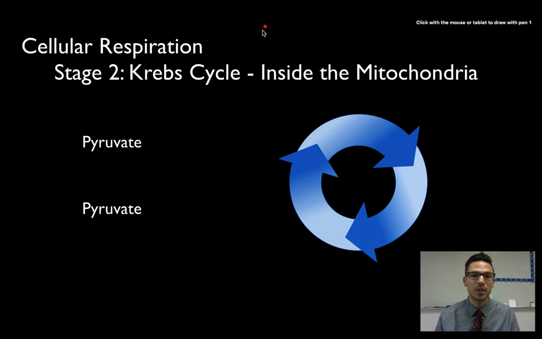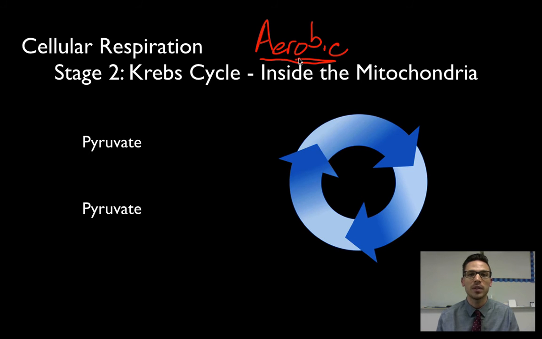The Krebs cycle is going to be referred to as an aerobic process. This can only happen if oxygen is present. So aerobic means oxygen present, while anaerobic means no oxygen is required. Now in the Krebs cycle, it's a whole series of steps. You're not required to know them all, but pretty much we want to know what do we get out of